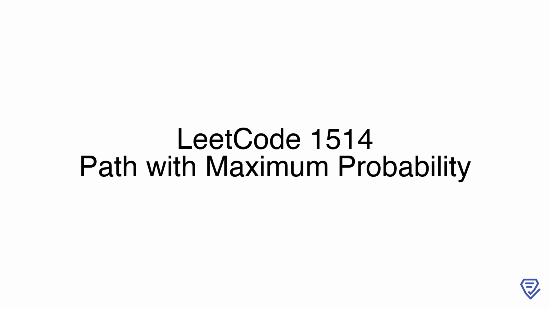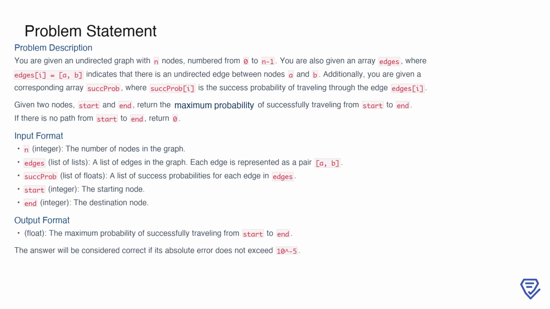We're diving into LeetCode problem number 1514, path with maximum probability. In this problem, we'll explore how to find the most reliable path between nodes in a graph, where edges represent probabilities. Let's get started. In this problem, we are working with an undirected graph that consists of n nodes, numbered